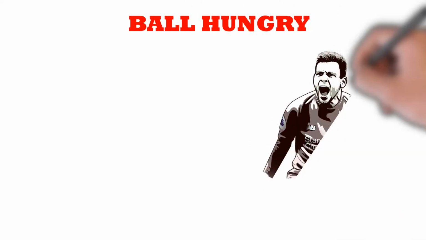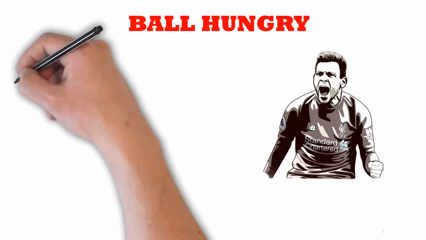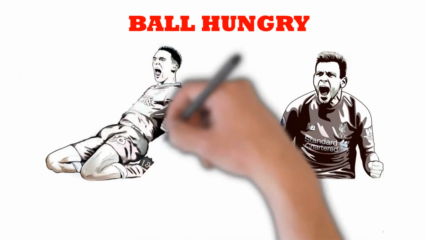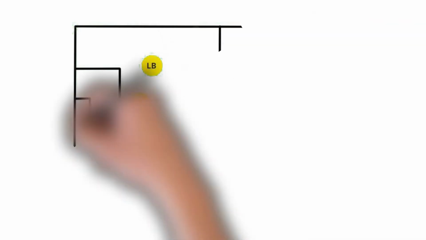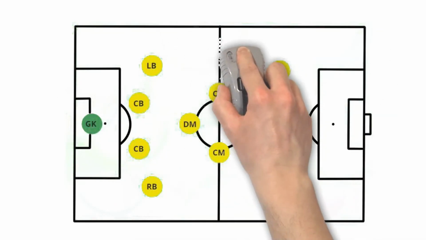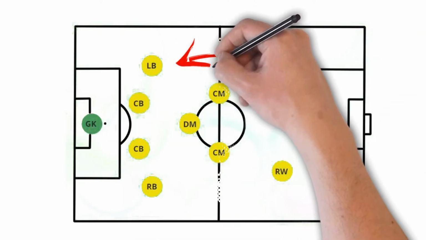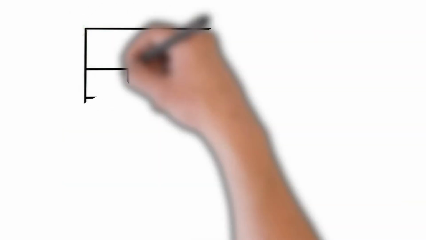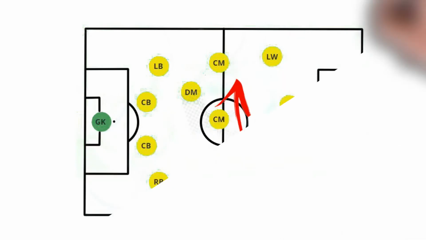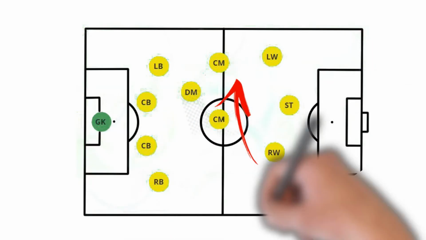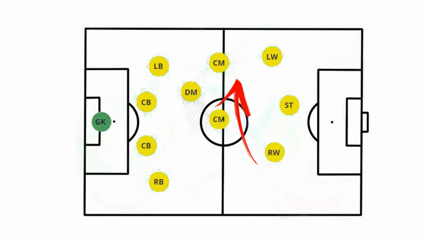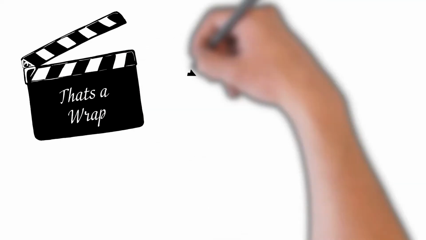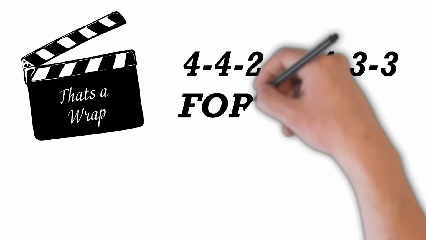The most effective versions of this formation employ incredibly adventurous wingbacks who bomb forward at every opportunity. The team can be dragged out of shape, with the midfielders and wide forwards having to cover the various gaps that the 4-3-3 leaves. They have to shift as a team and essentially work as one unit. This can lead to players running out of position to cover the dangerous spaces. Shifting as units in football is important, being aware of the space you leave in behind you is even more so. That wraps up our look at the 4-4-2 versus the 4-3-3 formation.